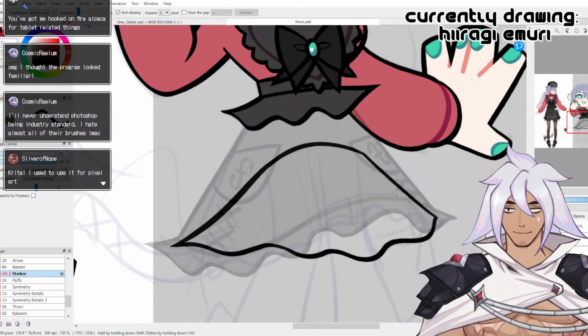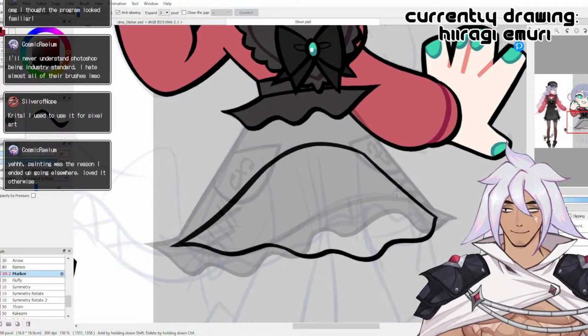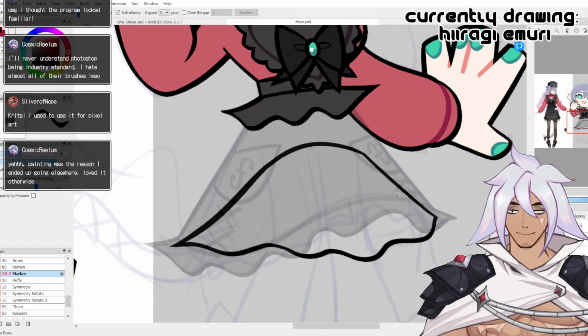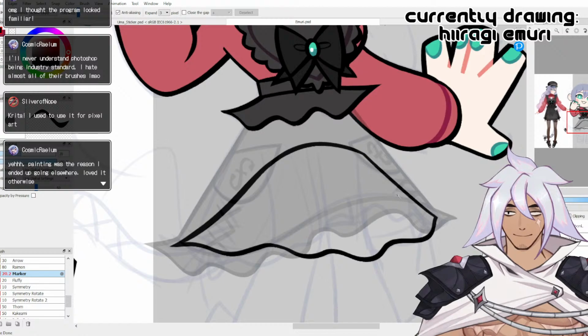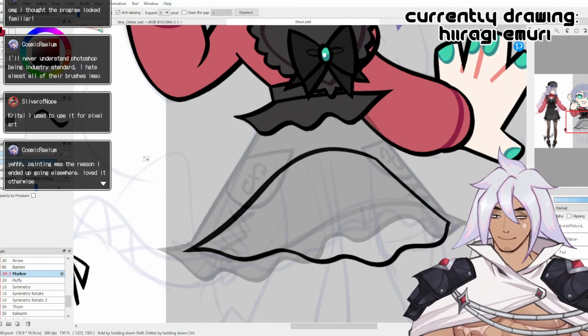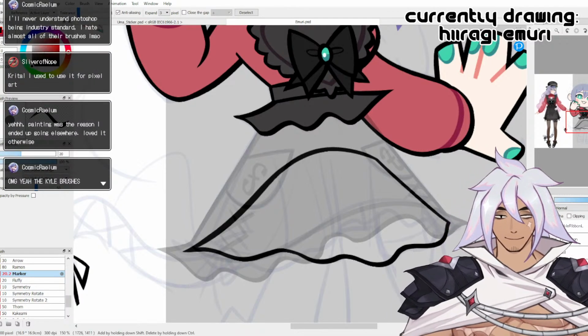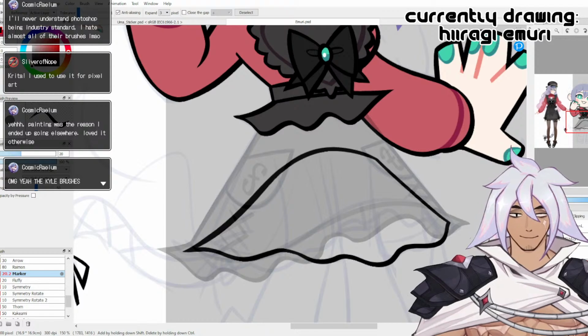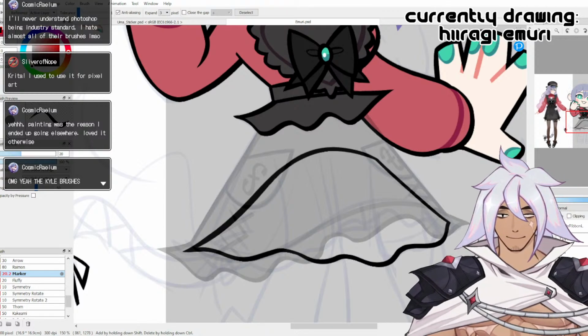Krita, I used to use it for pixel art. Ooh, pixel art. I used to do a lot of pixel art, too. Yeah, painting was the reason I ended up going elsewhere. I loved it otherwise. Totally get it. Yeah, I did try out Krita, or at least I gave it a shot. I didn't really get used to it because...